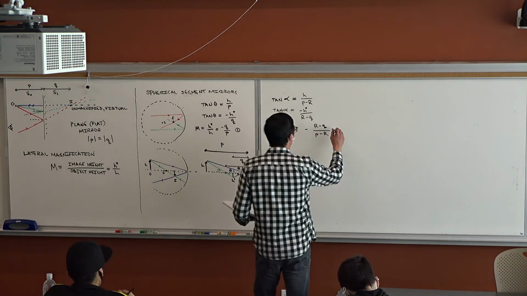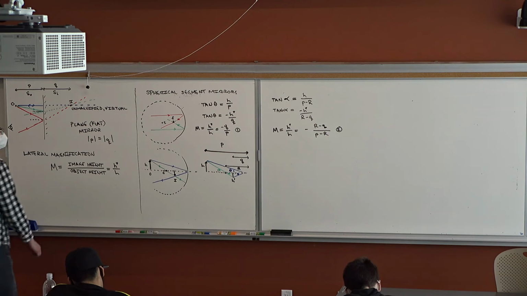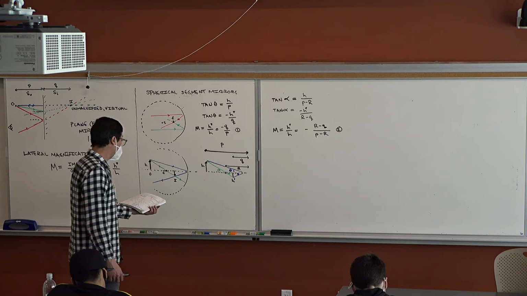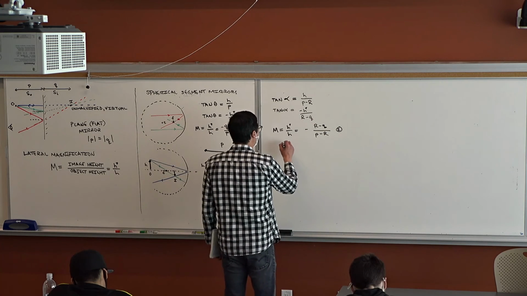And I let this be equation 2. And so now we have two different tellings of h prime over h. And so what can we do? Make them equal to each other. Set them equal, such that